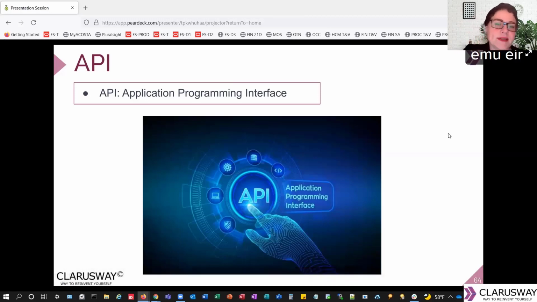APIs. So I mentioned APIs a couple of times. Application programming interface. An API is a computing interface that defines interactions between multiple software or mixed hardware-software intermediaries. It defines the kinds of calls or requests that can be made and how to make them, the data formats that should be used, the conventions to follow. It can also provide extension mechanisms so that users can extend functionality in various ways and to varying degrees. So in layman's terms,